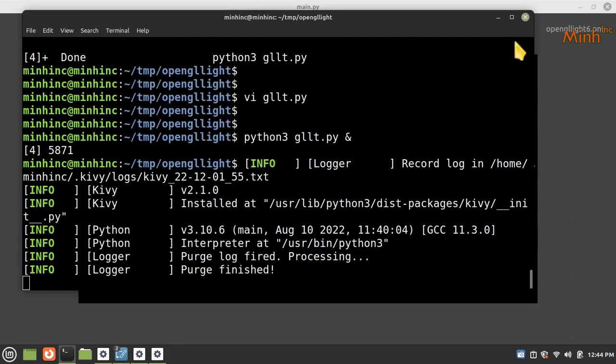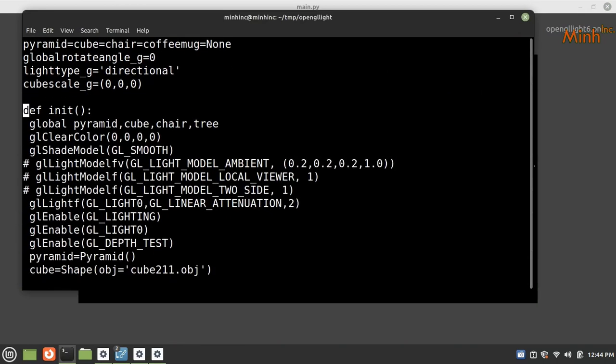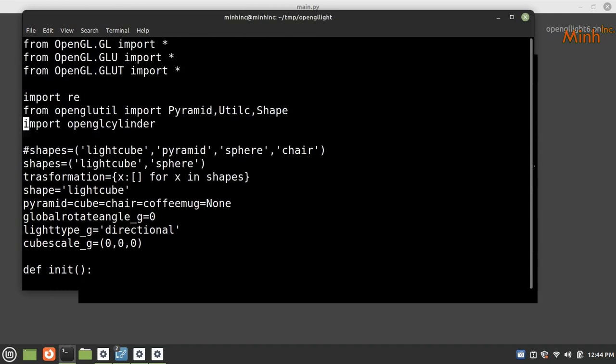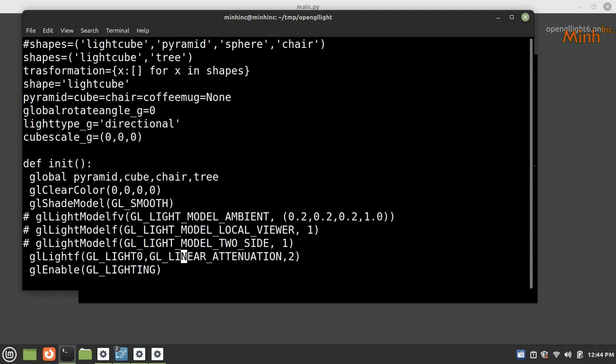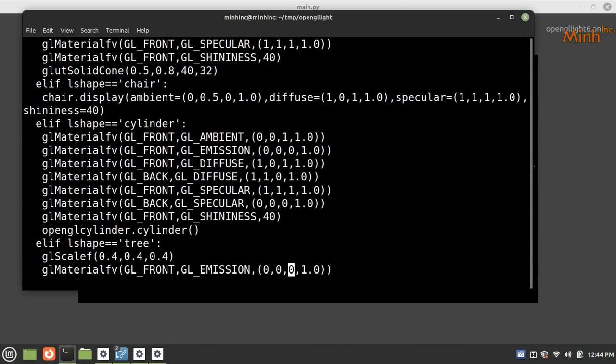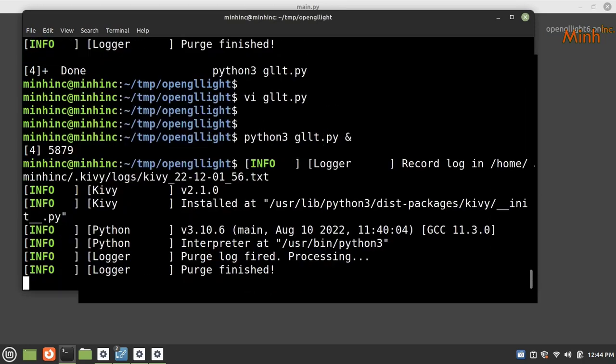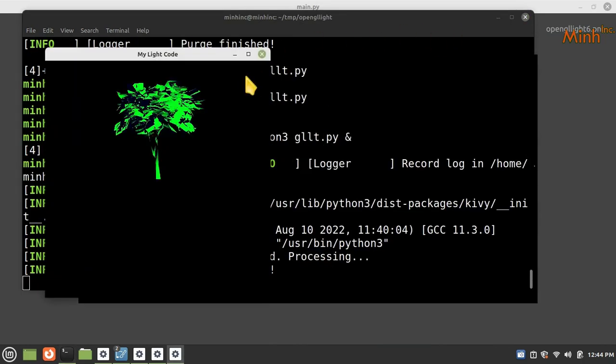So attenuation makes an effect. I can try it in the tree model, so instead of a sphere, probably it would be better. In the tree model I'll keep attenuation 1 only, and let me see the properties. Okay, and diffuse. Okay, nice. So let's try what is there in time. Okay, so the tree is appearing, and this is our